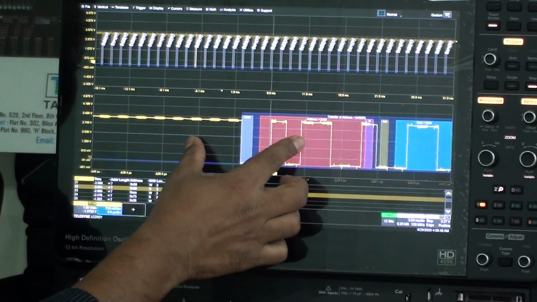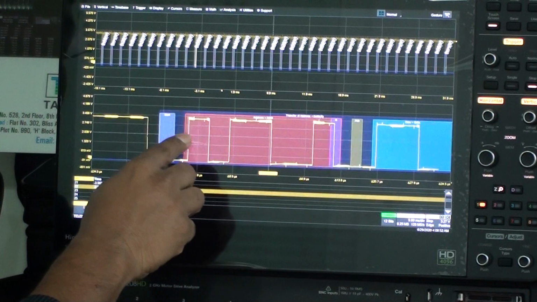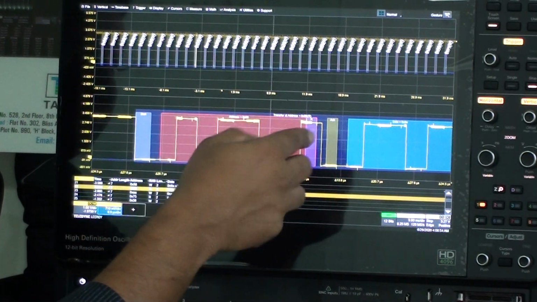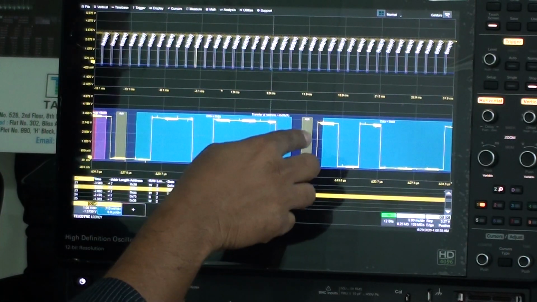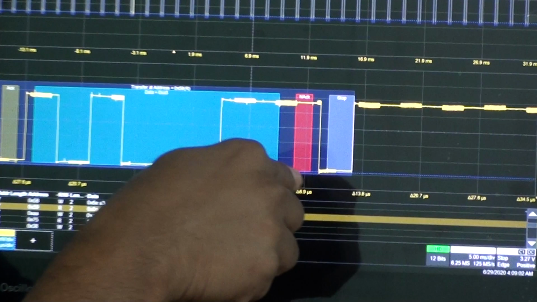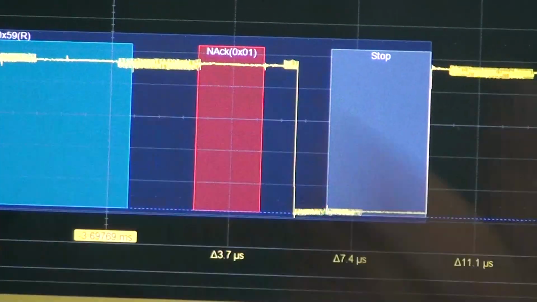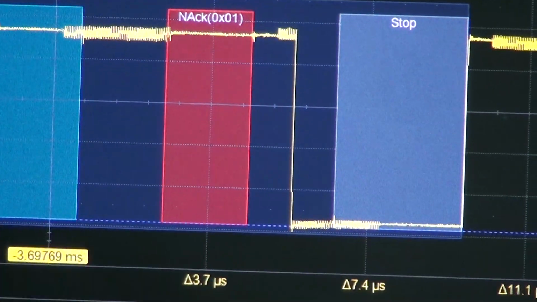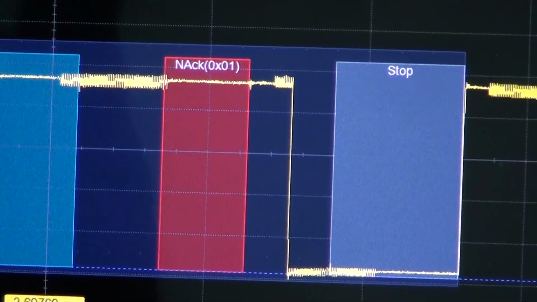But you see the next frame, there's a start bit similarly, and then there's an address bit. In this case, it is 0x59. There is an acknowledgement. There is data again. There is an acknowledgement. There is data again, and then there is a non-acknowledgement. Since there is no acknowledgement available from the slave, it's marked in red. This is an error that you could find during decode.